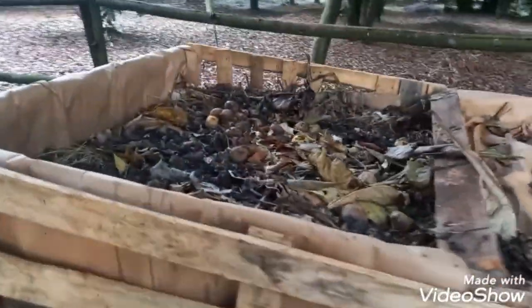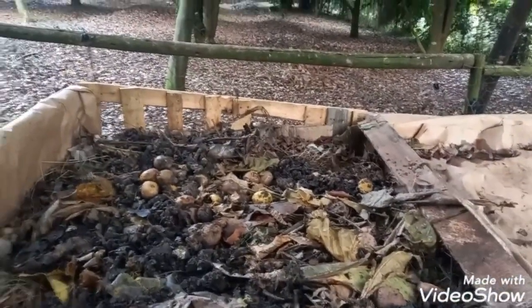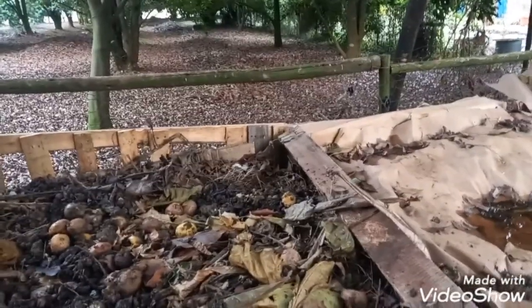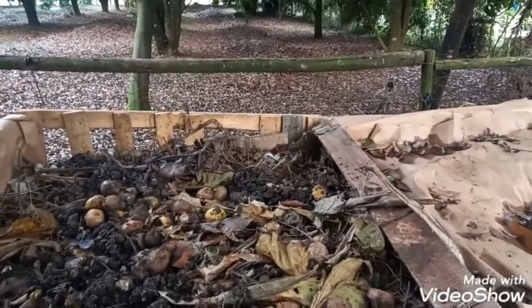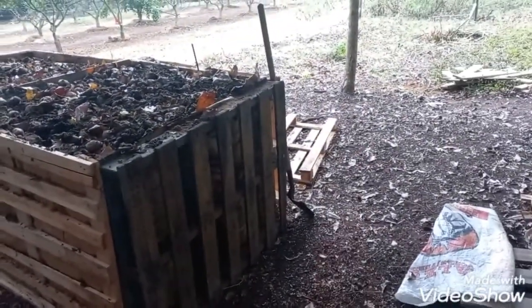This box is almost at the point of completion as well. So I put some of the last bit of stinky limes from the first bin in here yesterday as well. So this will also get leaves, horse manure, and probably some fresh limes and another leaf and horse manure, probably another 2 sets of layers until I cover this one. And then I'll be building a box here,